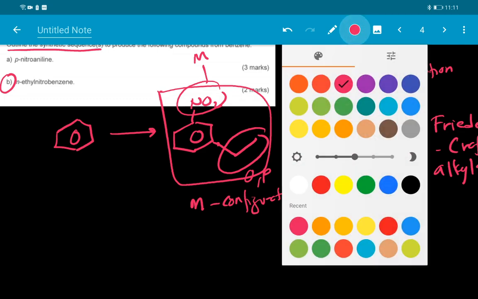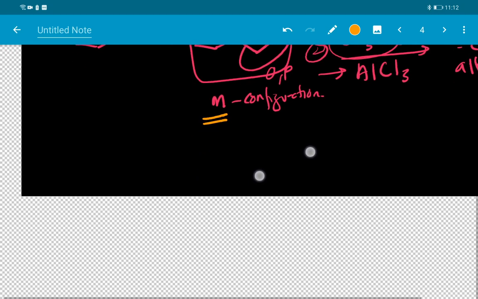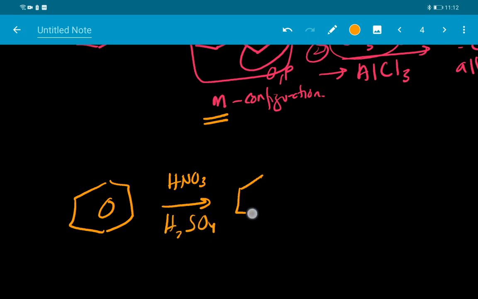Since the product is in meta configuration, clearly the nitro should come first. We need to add the nitro first. So this is what the reaction looks like. First, we start with the benzene. We perform the nitration reaction, HNO3 together with sulfuric acid. Then we're going to get